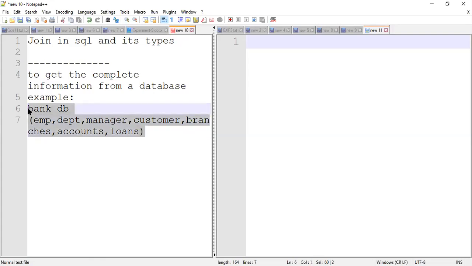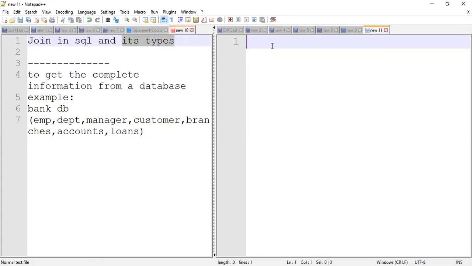All kinds of join that SQL is providing, because it's a language, we need to know, so that whenever we implement in our project or any application, whether you are using MySQL, Oracle, or any other database, that time it will help. So now I'm coming to a simple example at the right side. Today's topic is join in database and its types.